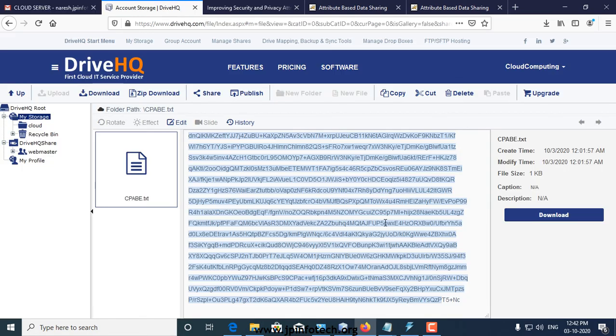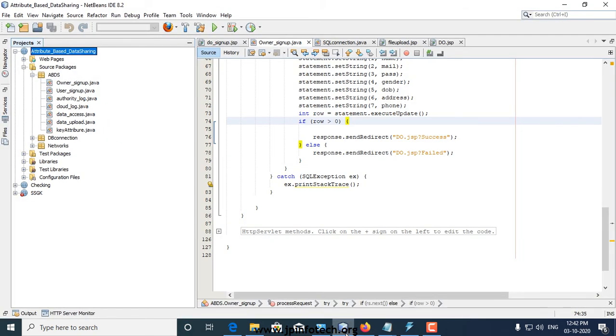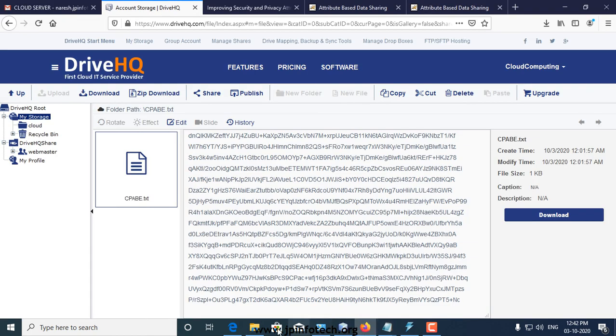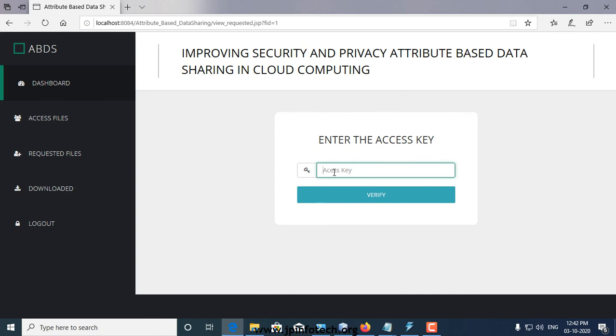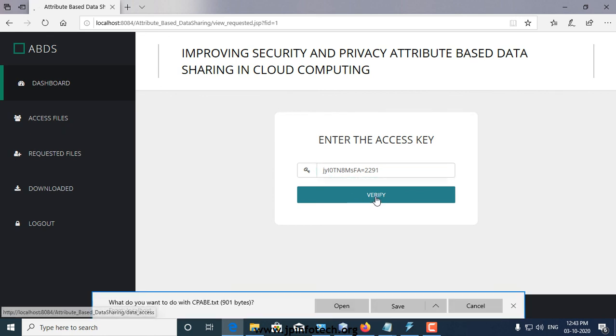Currently the file has been encrypted and stored in the server. During download, the file will be automatically decrypted with the help of the secret key, and the ciphertext will be converted to plain text, and that plain text will be downloaded to the user. Verify.